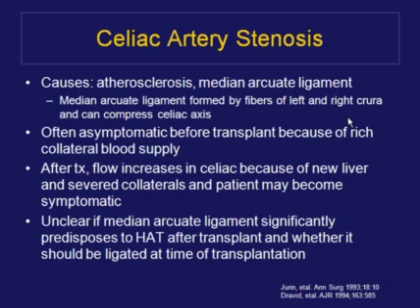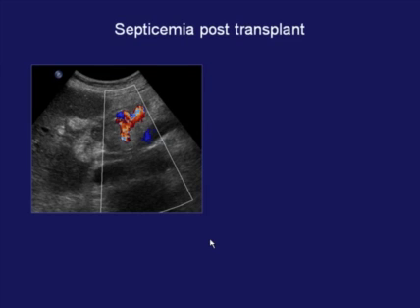There are other causes for celiac artery stenosis as well, including atherosclerosis, but it is one of the extra things to think about when the inflow to the hepatic artery appears abnormal, but there is no stenotic segment in the hepatic artery itself. This patient had an episode of septicemia